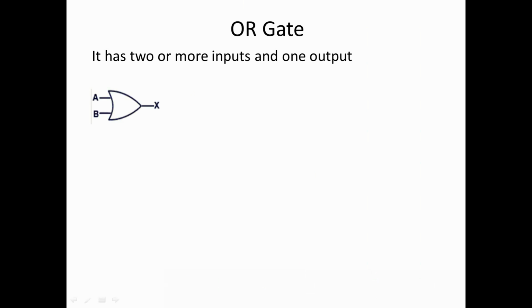Next, let us see the OR gate. It also consists of 2 or more inputs and 1 output. It is the circuit symbol for the OR gate, and we can also use this IEC symbol. That symbol is greater than or equal to 1 inside the square box. It means if any one of the inputs is logic 1, or if more than one input is logic 1, the output is logic 1. That is the OR gate. The logical expression is x equal to a plus b. For the 2 input OR gate, the logical expression is a plus b.